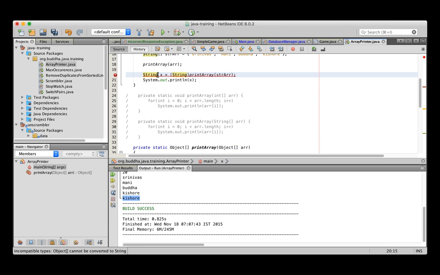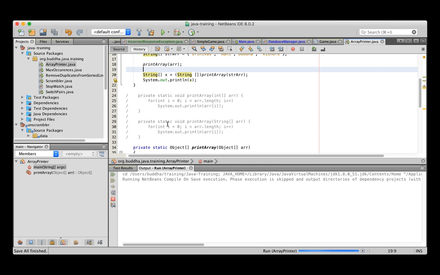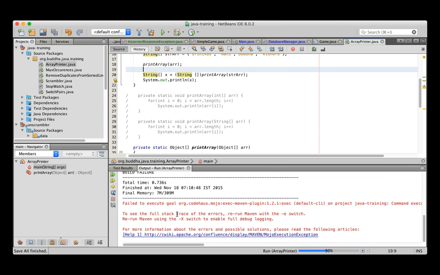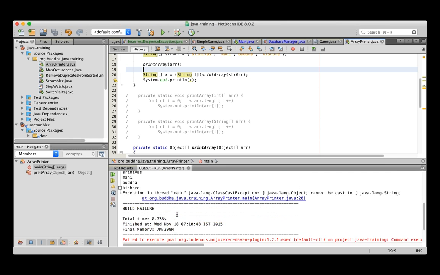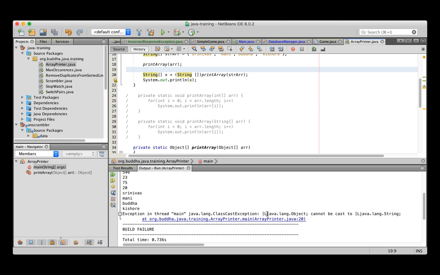Now what happens? If we say, for example, a string array like this, and if we try to convert like this, the conversion may not actually be accurate. Let's try to print and see what happens. Now, what it said is we cannot directly cast an object list, a list of objects, into a list of strings. Okay, what we have to do is first take this as an object array